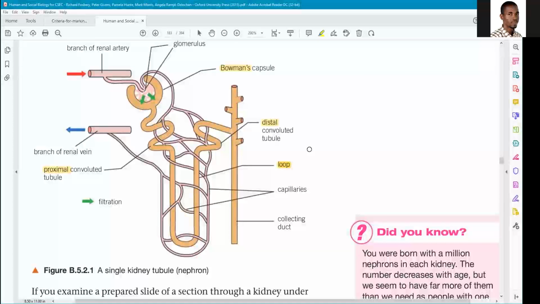All the substances that are in the ultrafiltrate, that is the substances that came through here, would eventually pass along the nephron into the collecting duct leading to the pelvis. But this does not happen because most are reabsorbed into the blood capillaries, as I was saying, from various parts of the nephron. So in the first coiled tubule, that's up here,